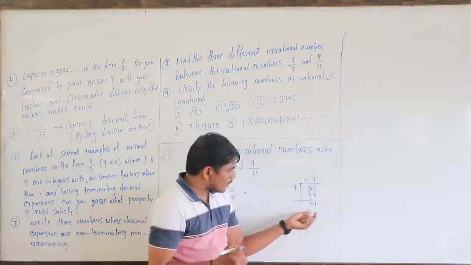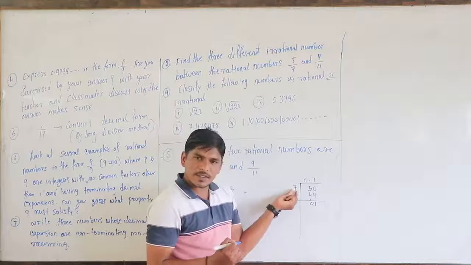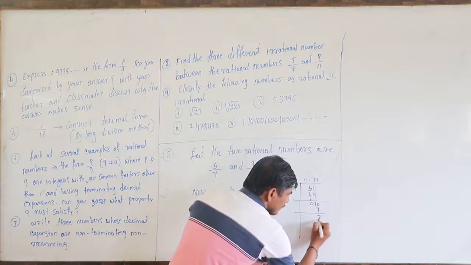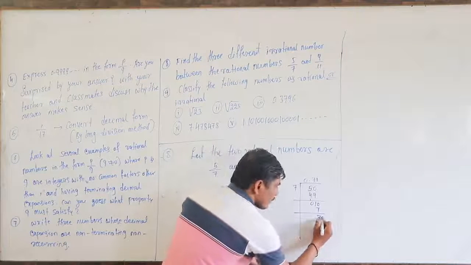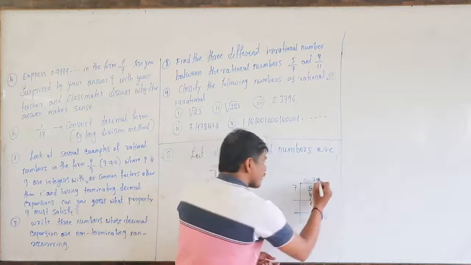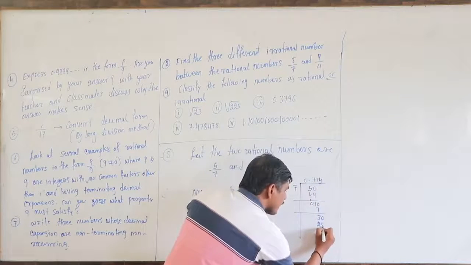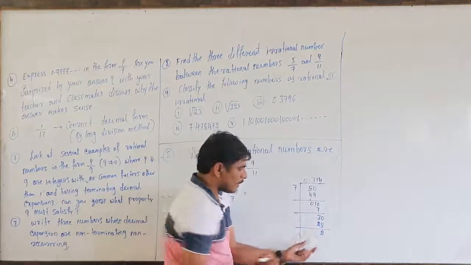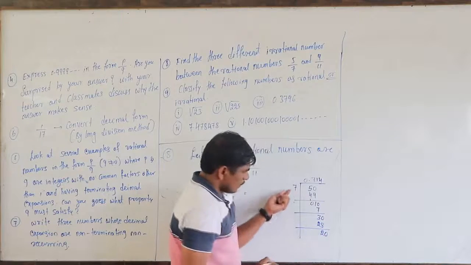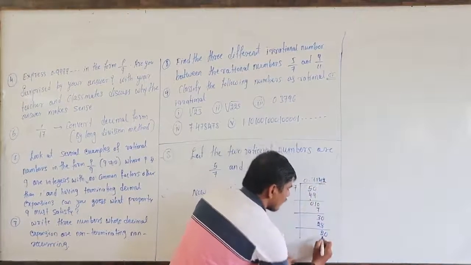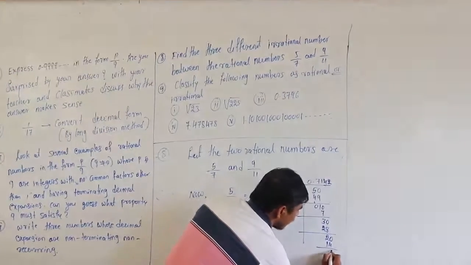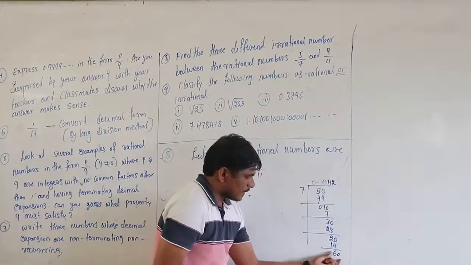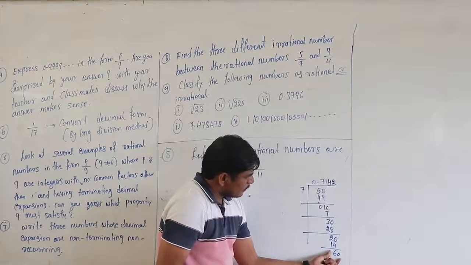Two possibilities are there. That's why, again, 1 is also smaller than 7. Again you take a 0. 10, 7 ones are 7. Again you have to simplify. 3 is the remainder. Again you take one more 0. 30, 7 fours are 28. Then simplify. The value is 2. Then again you take one more 0. 20, 7 twos are 14. The remainder becomes 6. Then again you take one more 0. 60, 7 eights are 56... 7 sevens are 49.